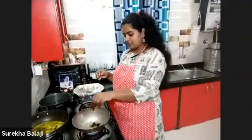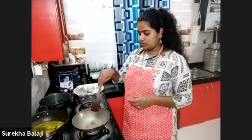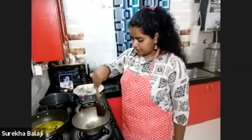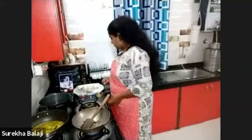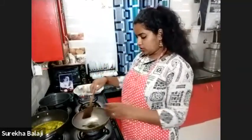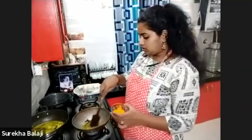I'll drop in curry leaves directly in the oil this time because this is a fried potato dish, and we want it to be slightly burnt flavored. So I'll let the curry leaves be brown and the cumin seeds nice and brown. Once this is dropped in, I'll suggest dropping in when the oil is not that hot, and along with that you can add half teaspoon of turmeric powder,